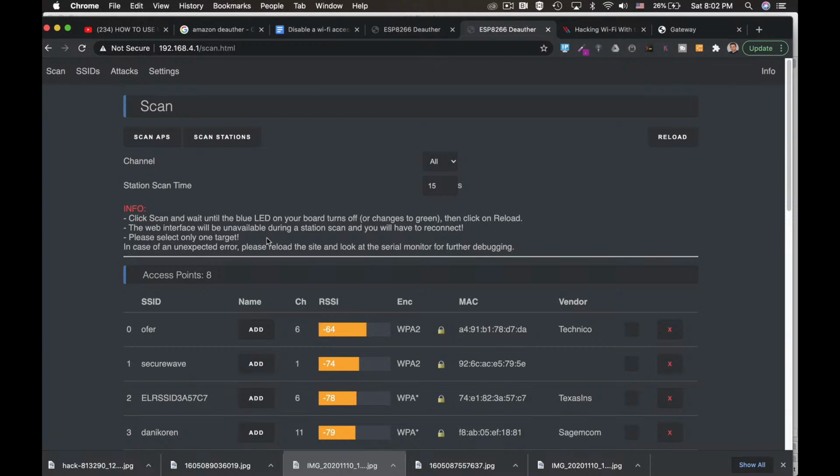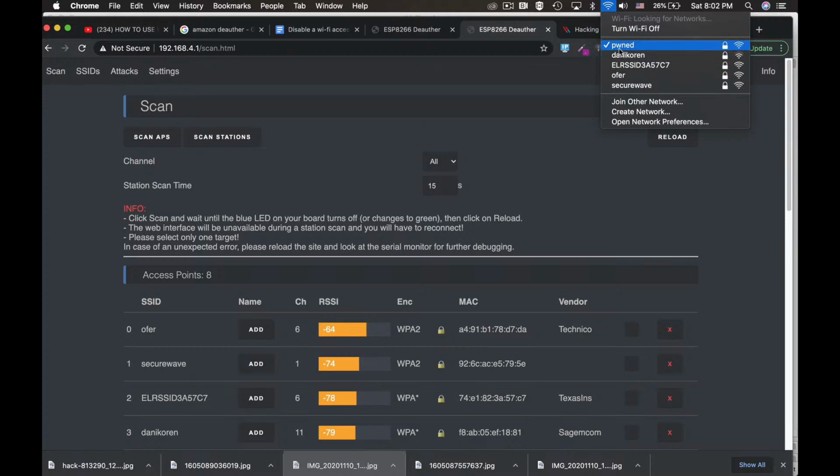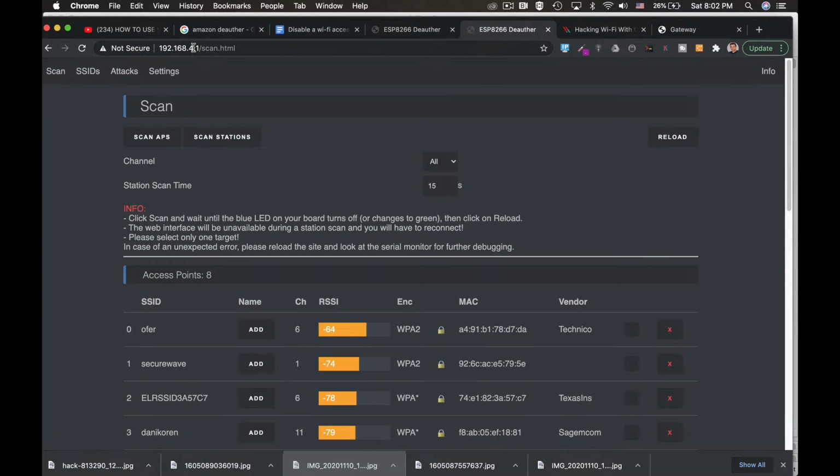Alright, so to connect to the Marauder page, we will head to the pwned SSID. Just type 192.168.4.1, and here we have several sections. The first one is the scan section, where your